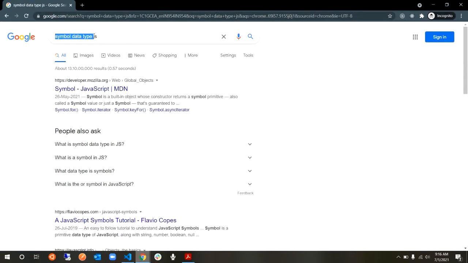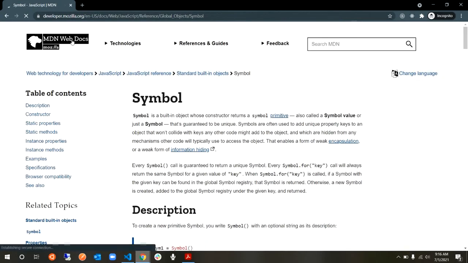First, you just go ahead and type it in Google, but the right reference to search for something in JavaScript would be developer.mozilla.org. I would say you just go ahead here and look for the explanation that is given here, because others are blogs, but this is more like JavaScript's official documentation.